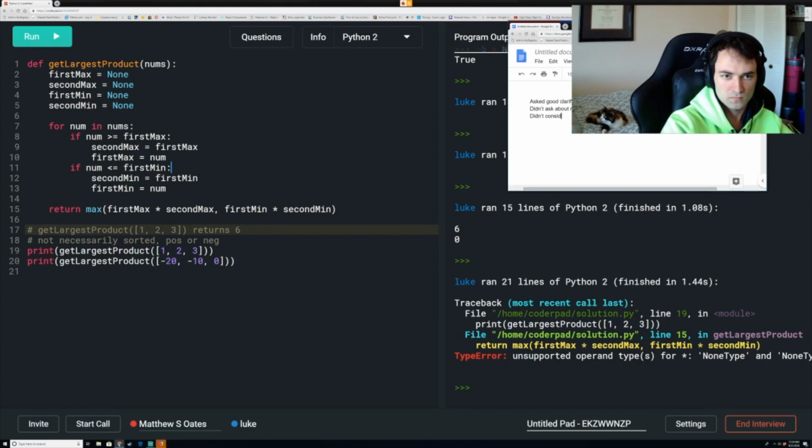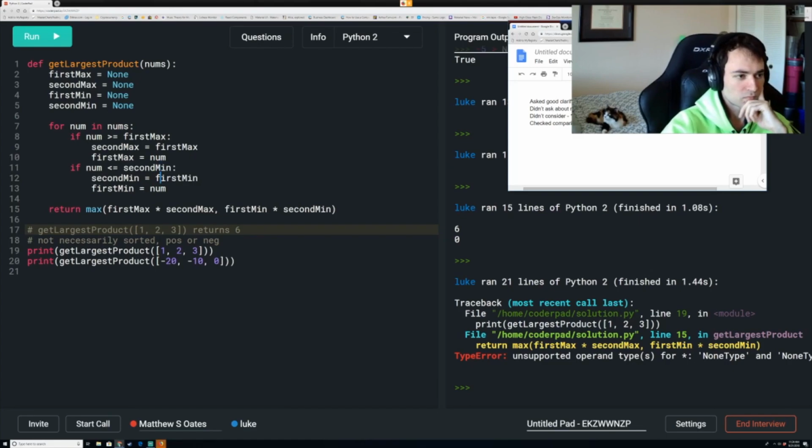So yeah, it depends really on which order they're in, because the way I've got it ordered now, I get the minimum number. Yeah, so then really what I need to do is, if the number is less than or equal to the second minimum, then first min becomes the, yeah, then,